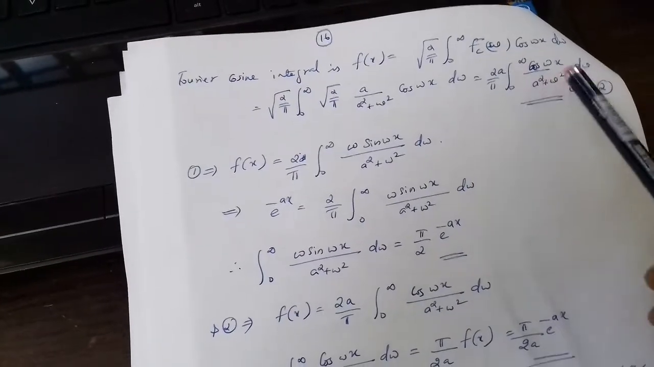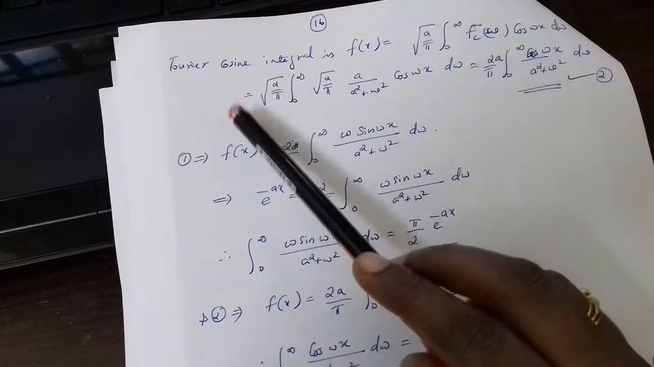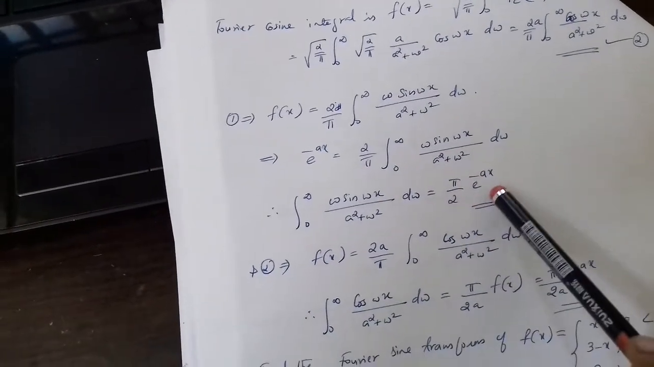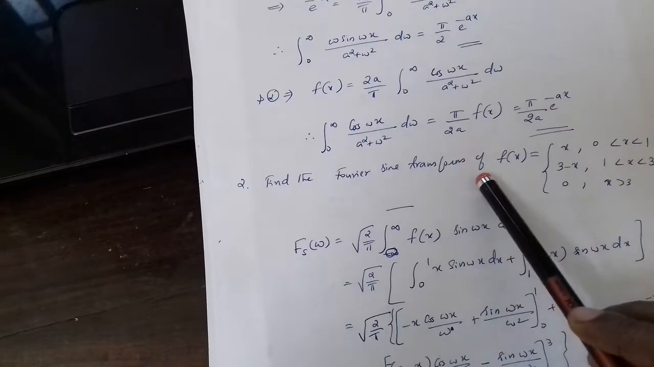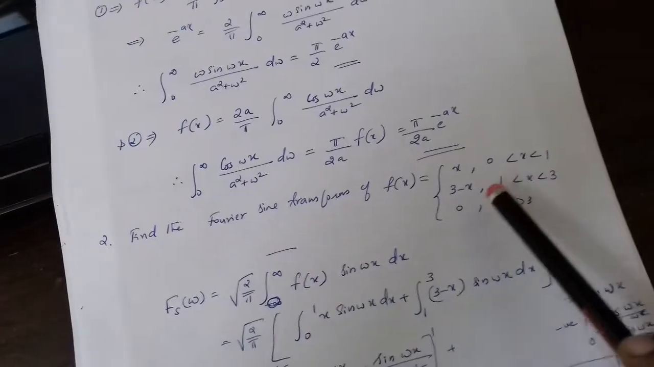So integral 0 to infinity cos omega x by a square plus omega square will be, on this side, pi by 2a into f of x. Pi by 2a into f of x is e raised to minus ax. So that is the proof. Next one, find the Fourier sine transform of x for 0 less than x less than 1, 3 minus x